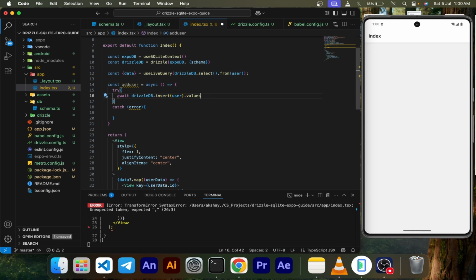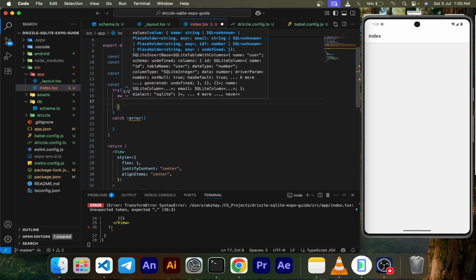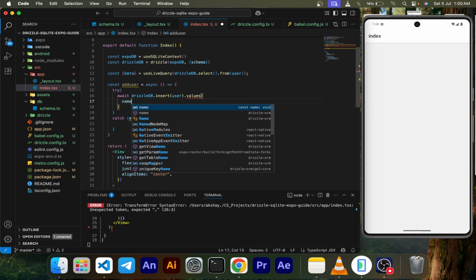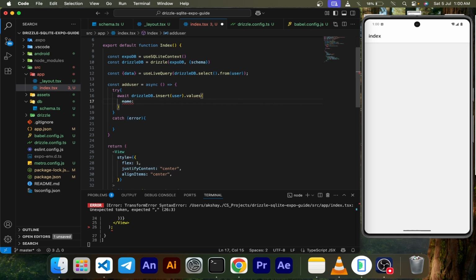Let's just put some random values, we don't have to make a real entry. The id is a primary key, so it will auto generate. We just need to send name and email. So name is